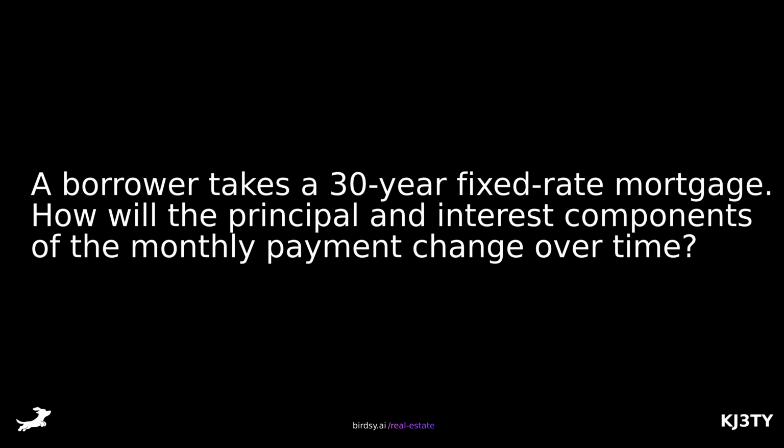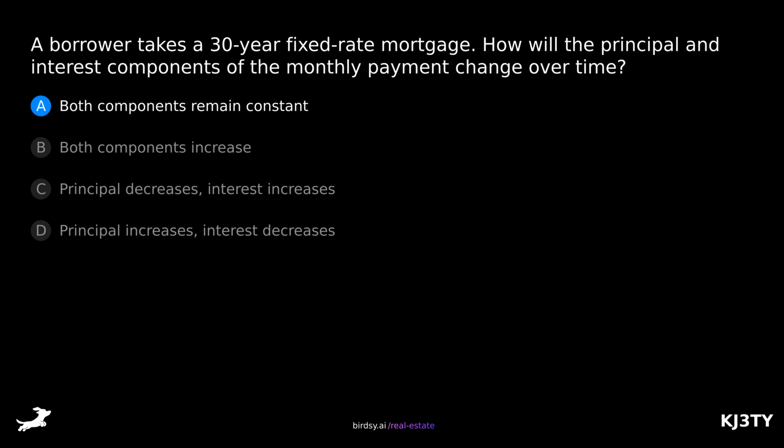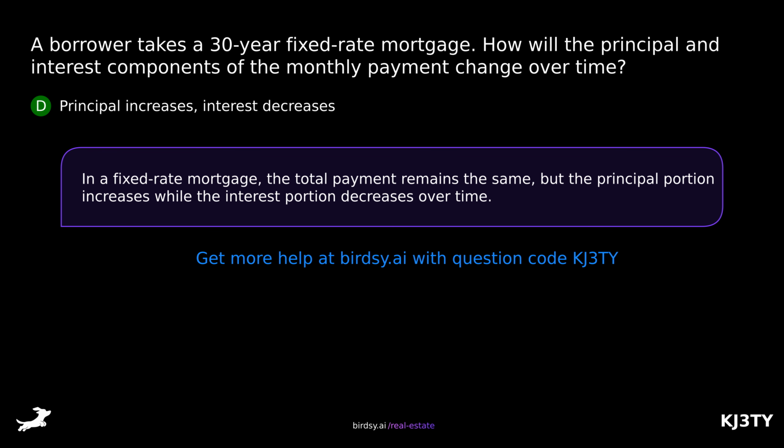A borrower takes a 30-year fixed-rate mortgage. How will the principal and interest components of the monthly payment change over time? Is it A, both components remain constant? B, both components increase? C, principal decreases, interest increases? Or D, principal increases, interest decreases? The answer is D, principal increases, interest decreases. In a fixed-rate mortgage, the total payment remains the same, but the principal portion increases while the interest portion decreases